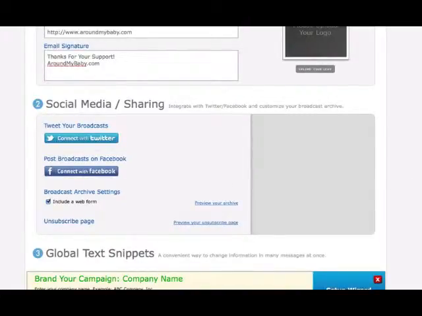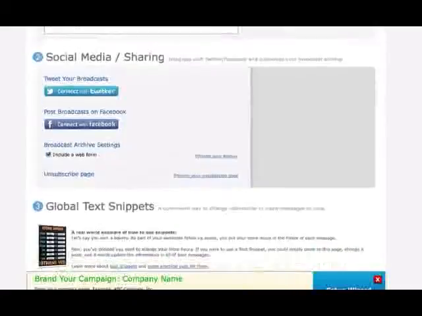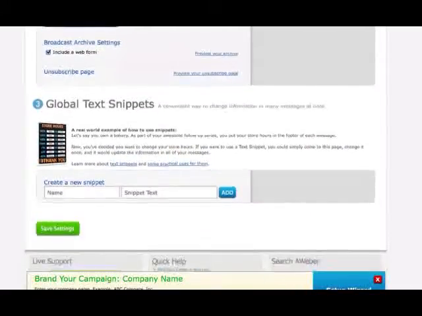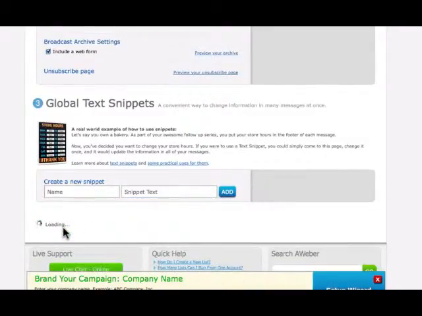Now, every customer has to have the option to unsubscribe. It's just part of ICANN rules, spamming laws. So you cannot get rid of that. Every customer must have the right to unsubscribe from an email list. From there, you can put in basically global text snippets such as your hours of operation or different things like that. You can create a new snippet. These you don't have to do, but you can learn more about text snippets and some practical uses for them if you want to. You then click Save Settings,